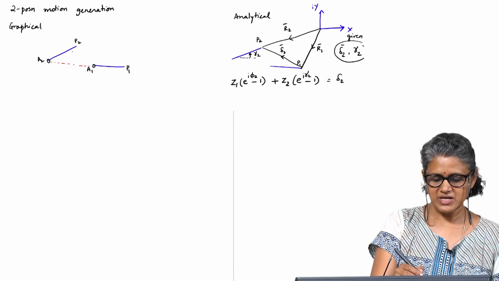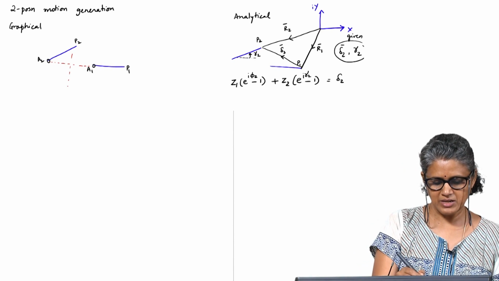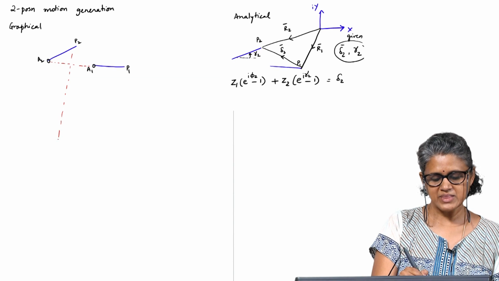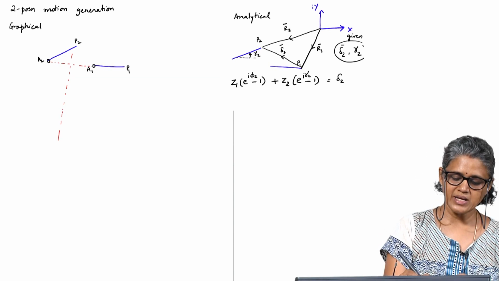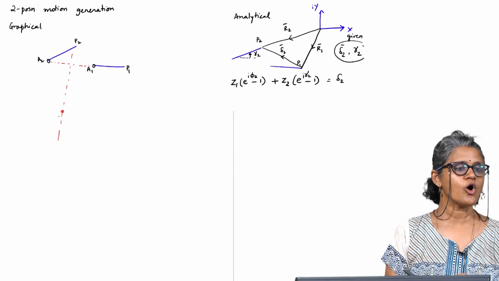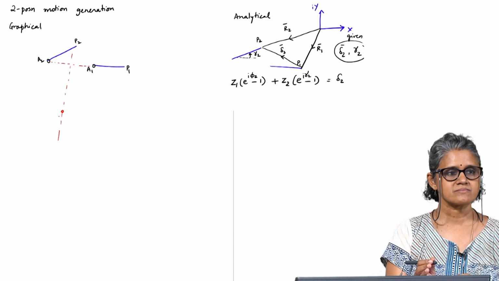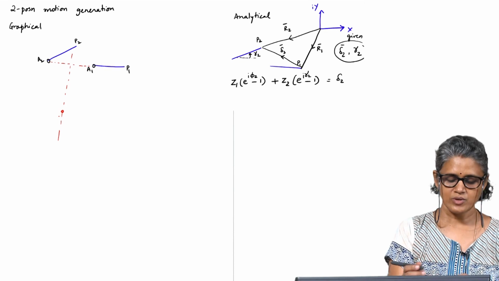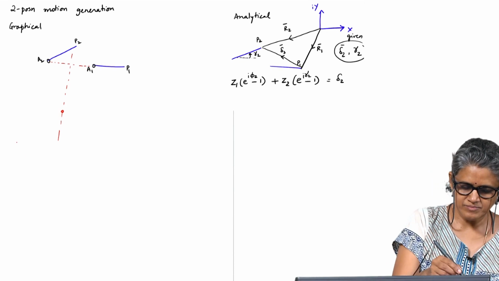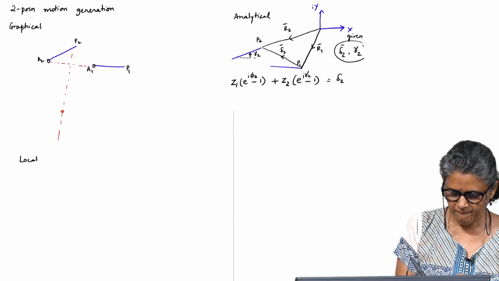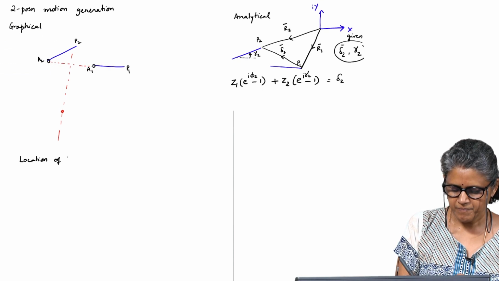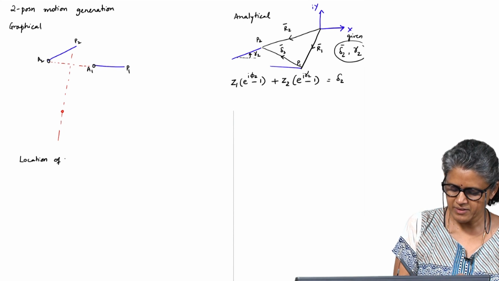So, if I construct the perpendicular bisector of A1 A2, then my third free choice is locating a point on this perpendicular bisector. So, location of A, the moving pivot,